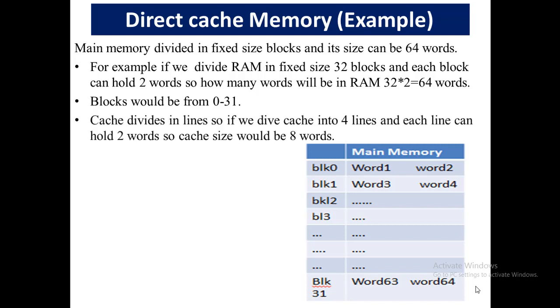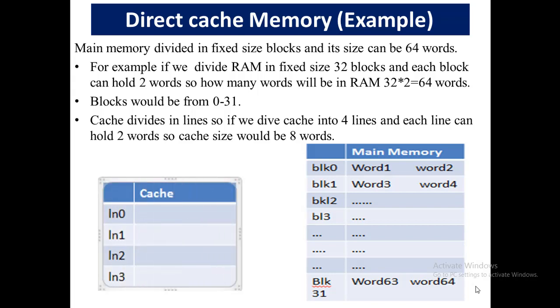Next is cache. We have defined main memory. Now the next is cache. The cache is divided into lines. Main memory is divided into frames while cache is divided into lines. As we have discussed in the previous lectures, the concept of paging and segmentation, in which RAM and hard disk have the same frame size. RAM blocks are known as paging frames, while on the other hand, on the hard disk, which is called virtual memory, the same blocks are known as frames. In the same way, cache is divided into lines.